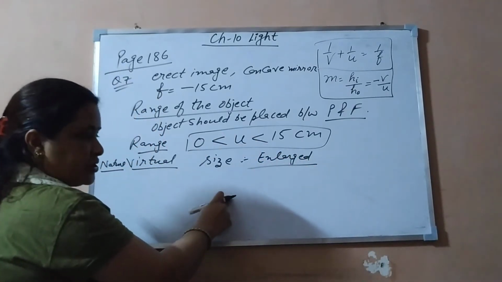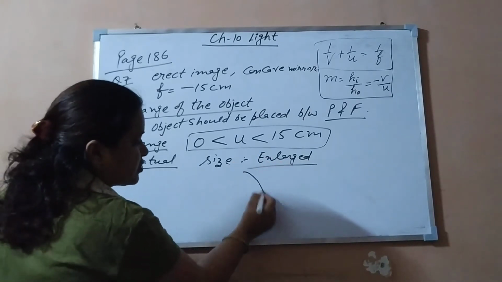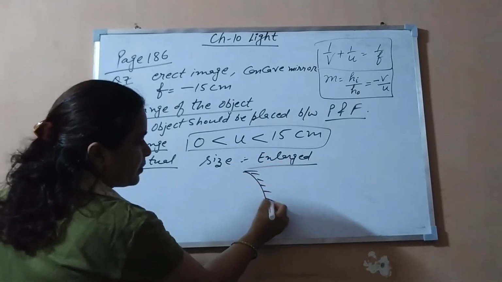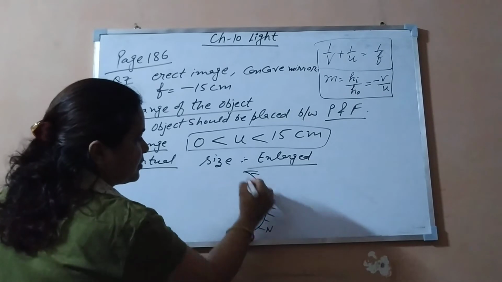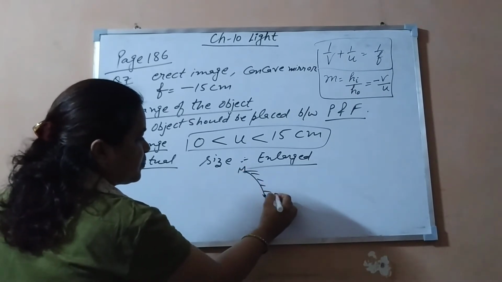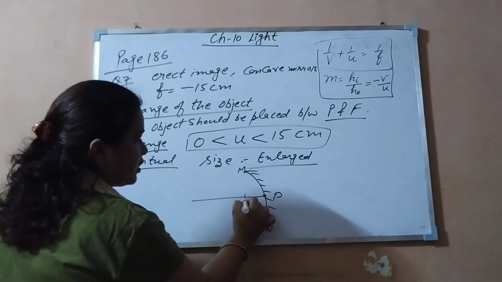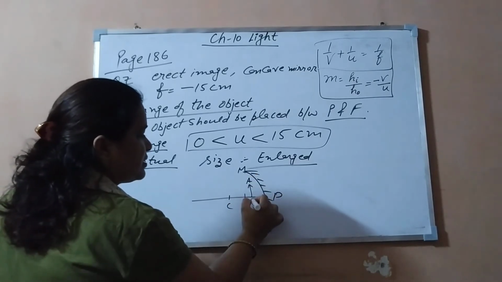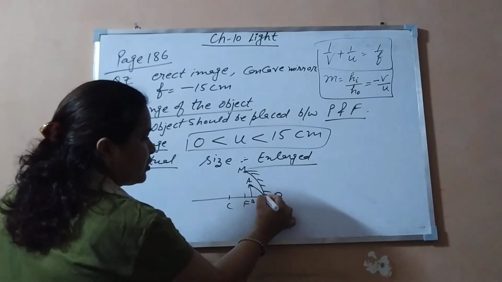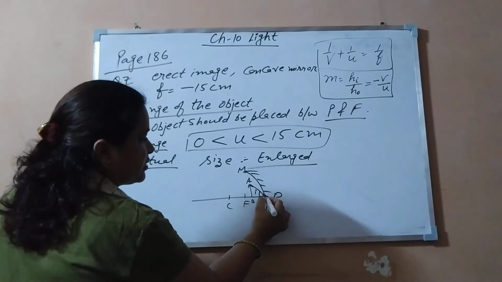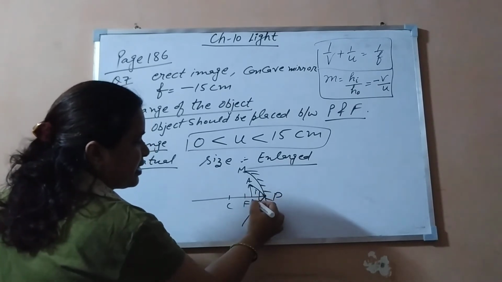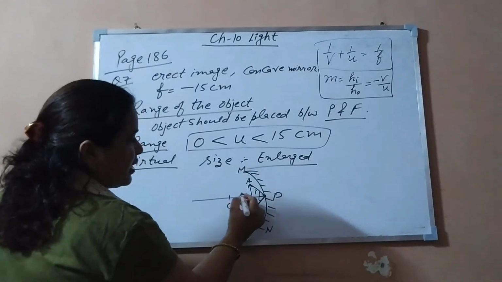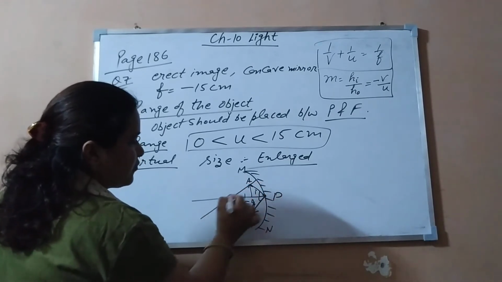And what is the question saying? To draw it. So first of all, take a mirror. It's a concave mirror with its aperture. Its mid is the pole. Then the focus and the center. Place the object anywhere between the pole and focus. So AB is the object. One ray falls obliquely on the mirror. Another ray gets reflected with the same angle. So this is R, and another ray will pass through the center of curvature.